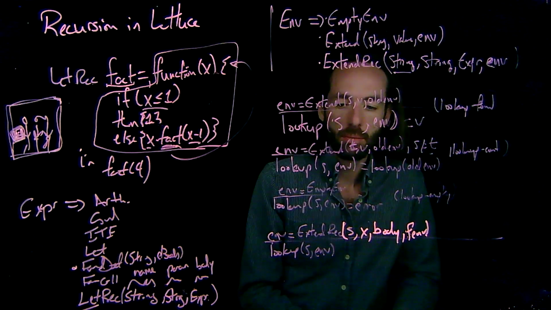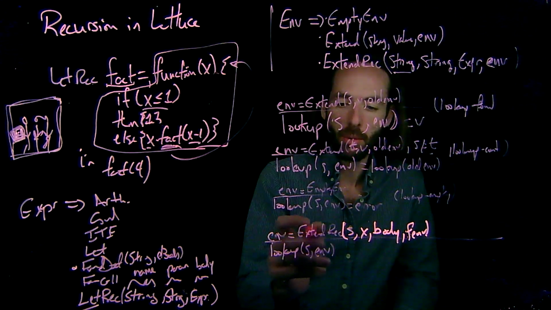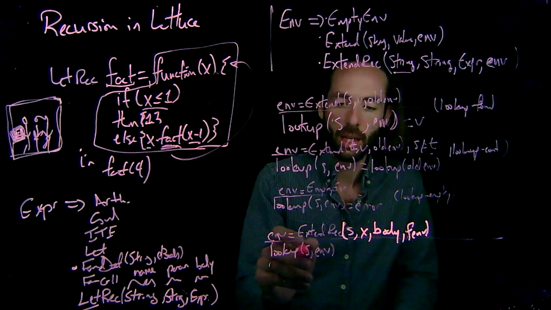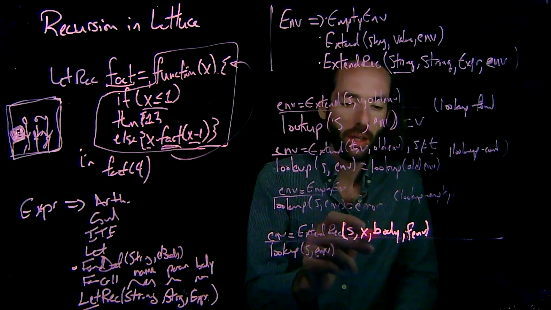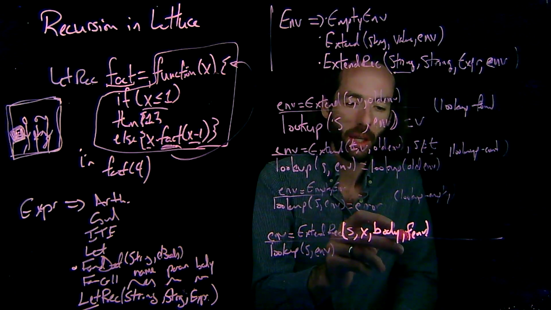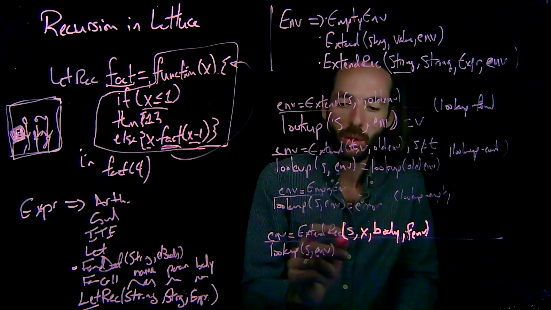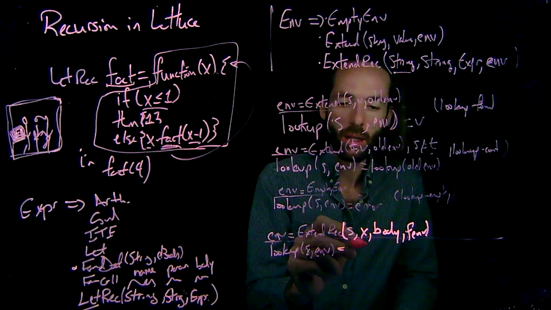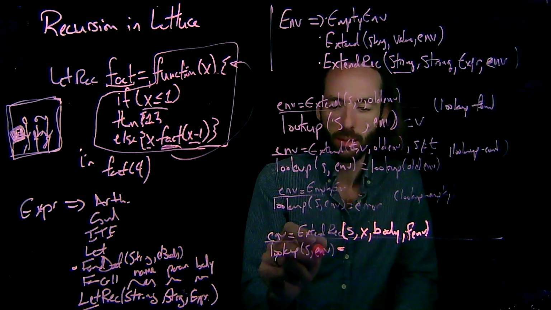Cool. So if our environment looks like an extend rec, and the S matches, so this is the correct function that we're looking for, well, now we have all of the component parts that we need. We have X, we have the body of the function, and we have the old environment that we had set up. And so what do I want to do? Well, I want to